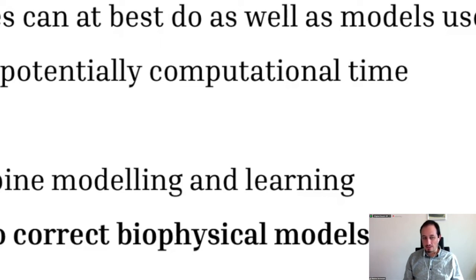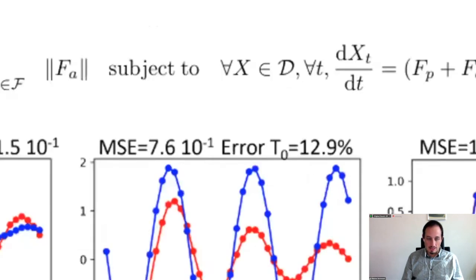And actually, what we want to propose is to use deep learning to correct models rather than replace models. So these are very recent results that are going to be presented in June at the MIDL conference. So it's still quite preliminary, so bear with me. But I think the concept is interesting. It's work with collaborators in Paris who developed this framework, which is an interesting way to combine machine learning and modeling. And the basic idea is that if you have a given model,